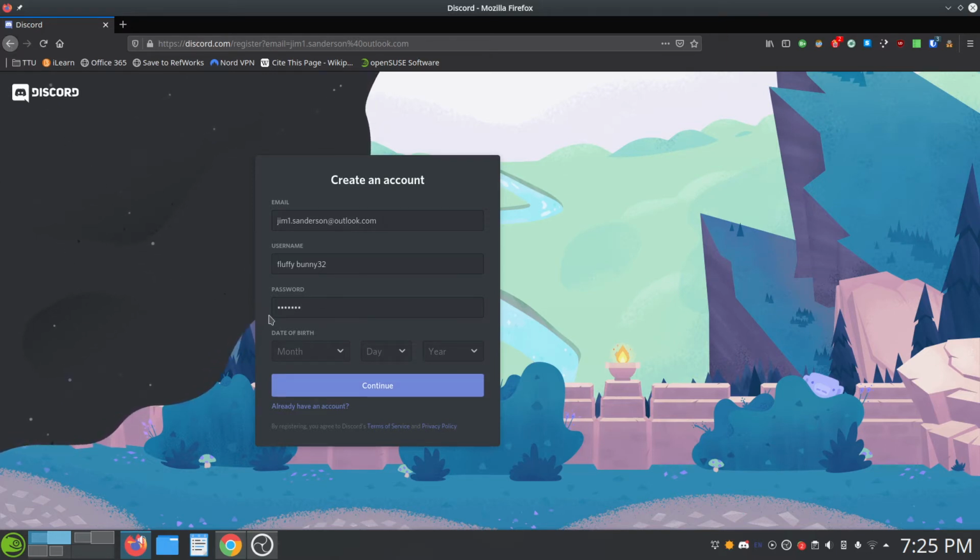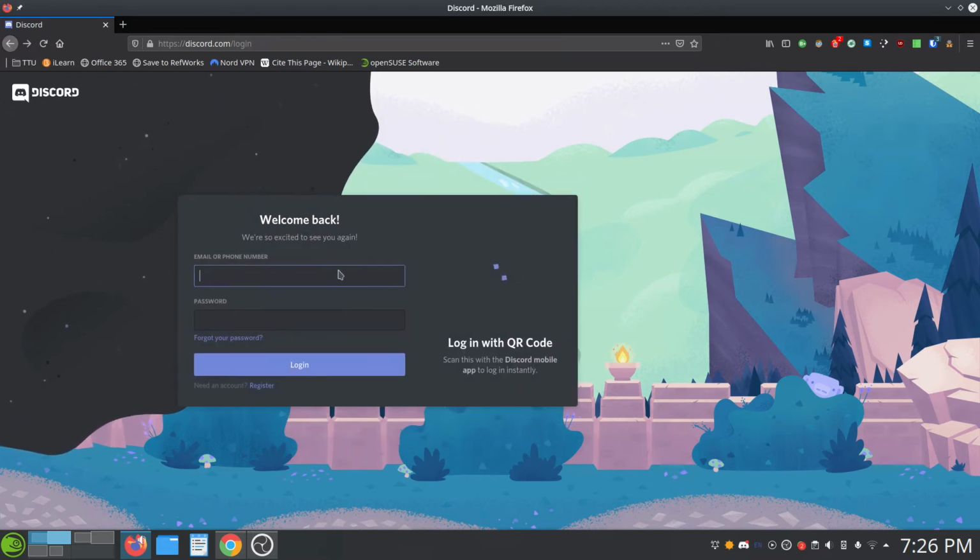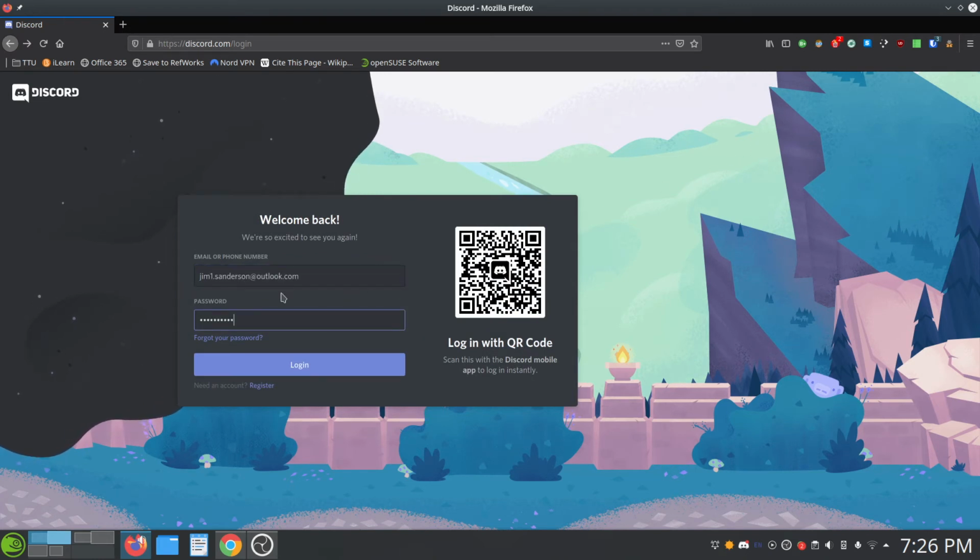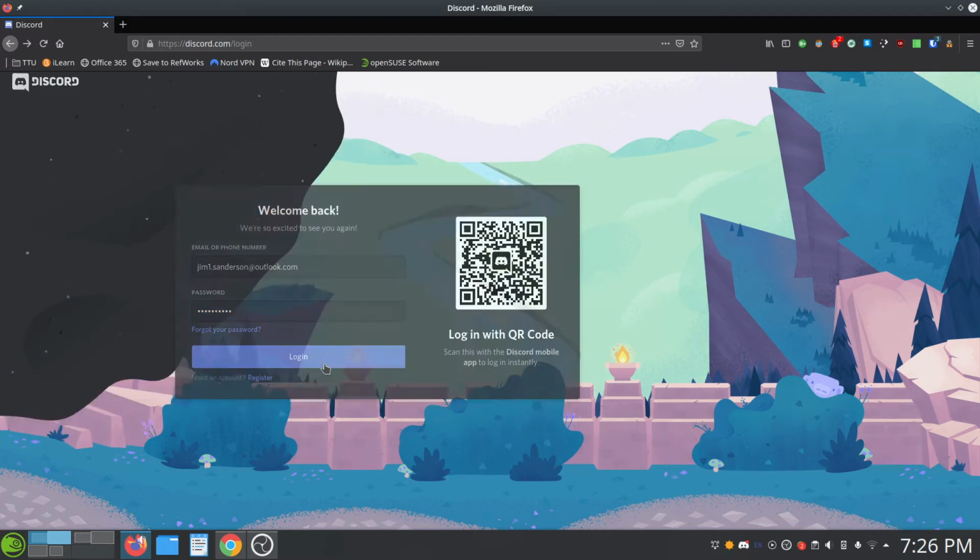Now, I have already set one up, so I'm going to show you once you basically hit continue. It might ask you a few more things. Just feel free to skip through those, and you'll have a Discord account. So let me come over here to an account I have already made, and I'm actually creating a Discord account for my dad. So if I say log in,